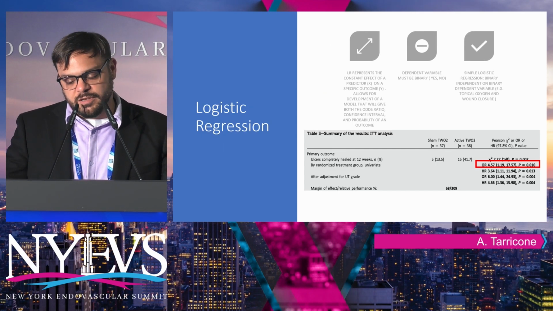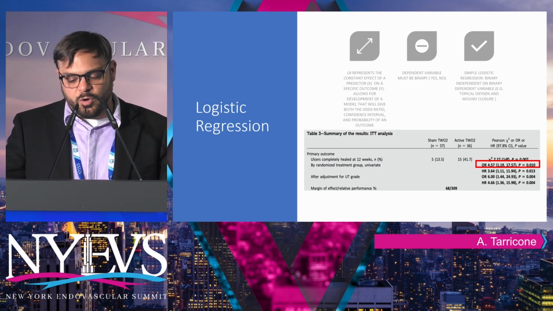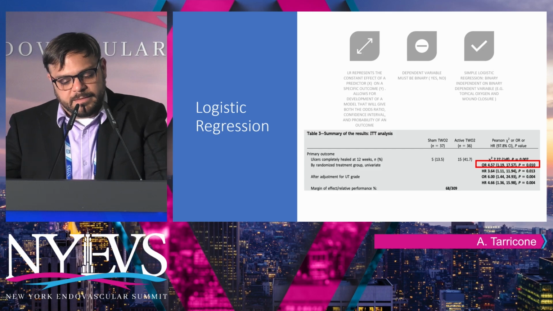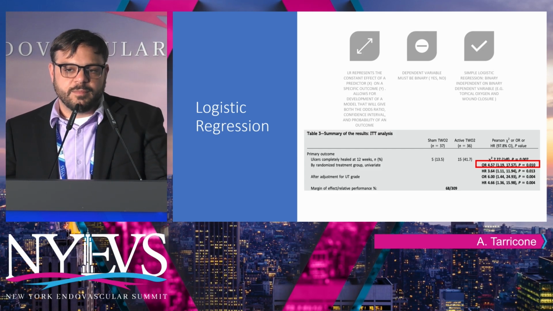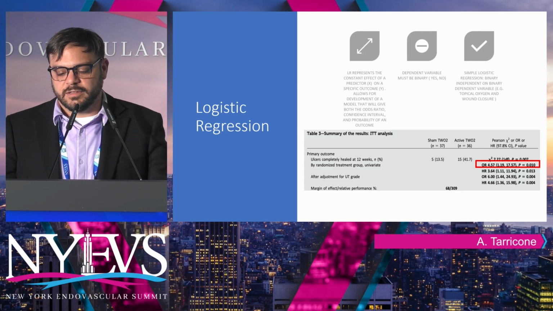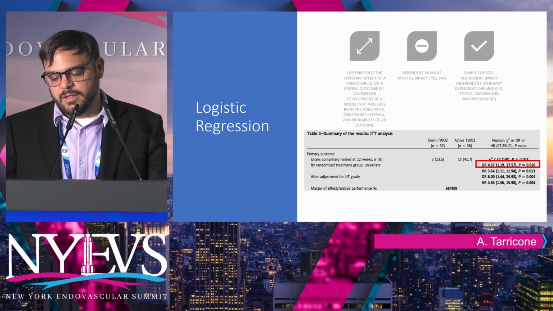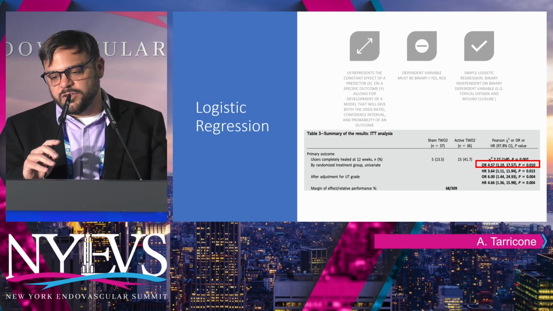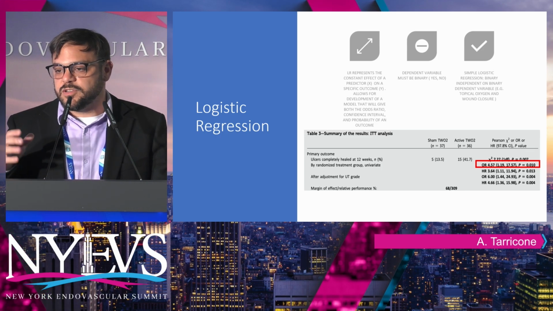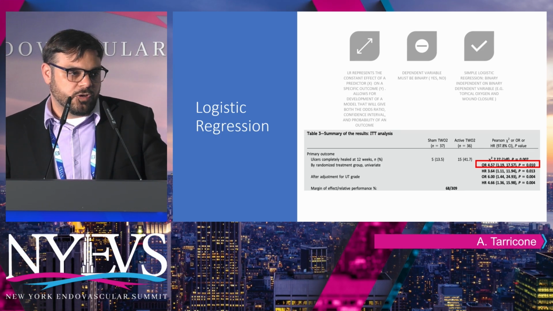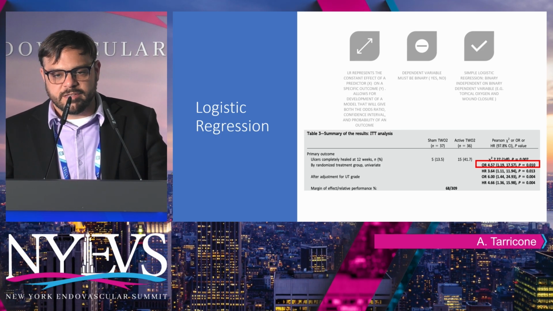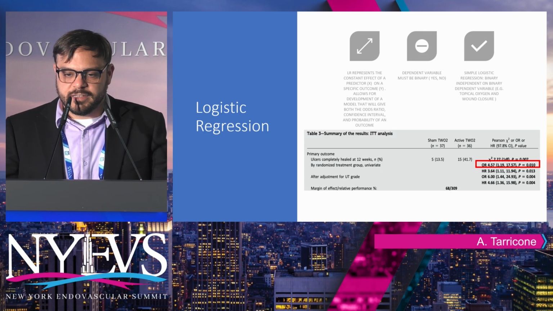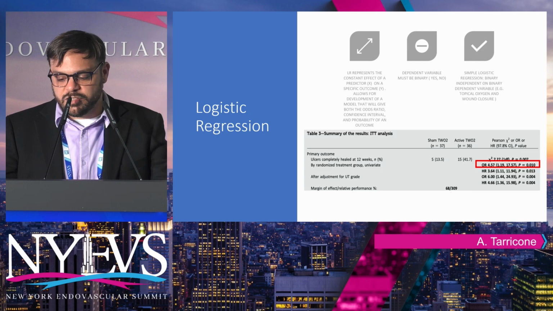Now, logistic regression, this is a very fun thing. This is only for binary data, and that's the most important takeaway from logistic regression. You can't make continuous data into a logistic regression. And the nice part about using logistic regression is that you get to use your odds ratios, which makes your data very interpretable. The most important thing about any study that's done is being able to explain it to your colleagues. And an odds ratio is a very easy statistic to say, if we use topical oxygen, like in this